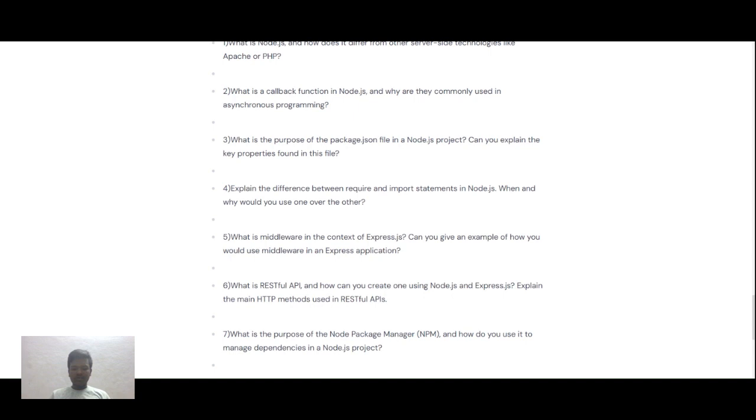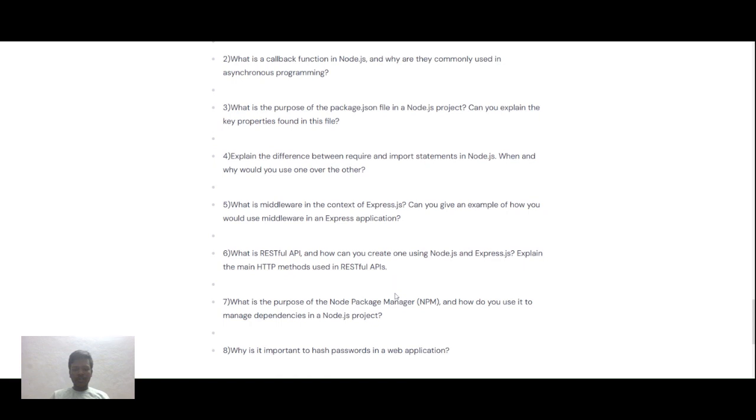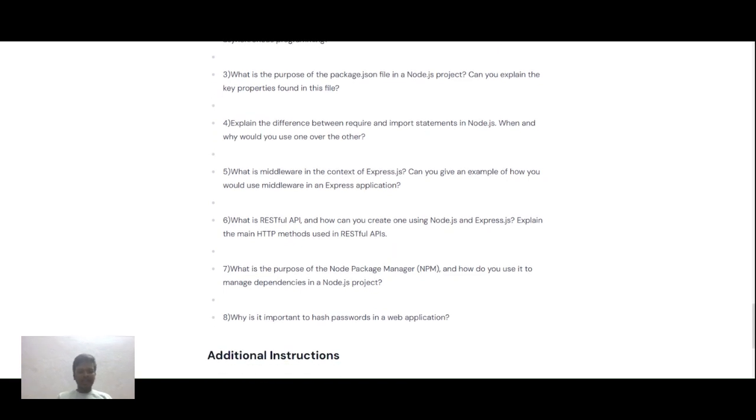And the sixth question is, what is a RESTful API and how can you create one using Node.js and Express.js? Explain the main HTTP methods used in RESTful APIs. A RESTful API, where REST means representational state transfer, is an architectural style for designing networked applications. It uses a set of constraints and principles to create stateless communication between client and server. RESTful APIs are designed around resources which are represented by URLs, and they use standard HTTP methods for operations on